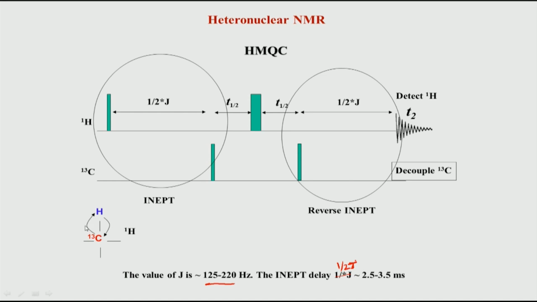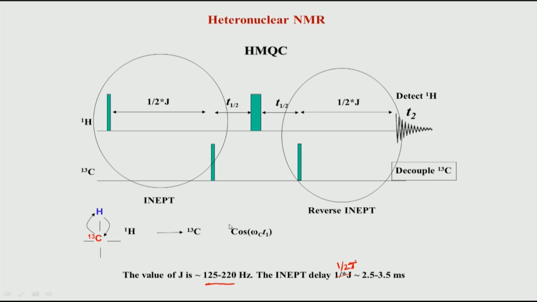Similar to what we saw in HSQC, we are looking at a hydrogen carbon pair where they are attached directly by one bond. Therefore, this hydrogen to this carbon is coupled by J coupling, and the transfer of polarization from proton to carbon is achieved by using INEPT. So, the carbon polarization now comes here. During this period it evolves by the chemical shift of carbon, and that is what we call captured